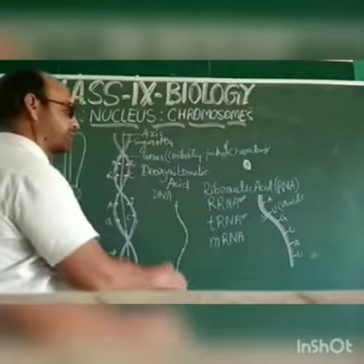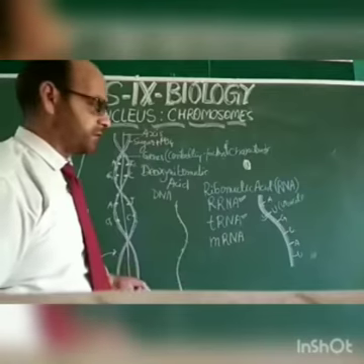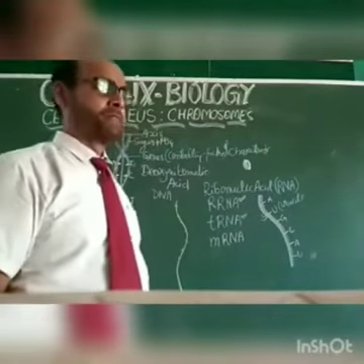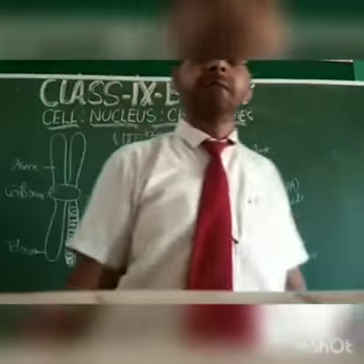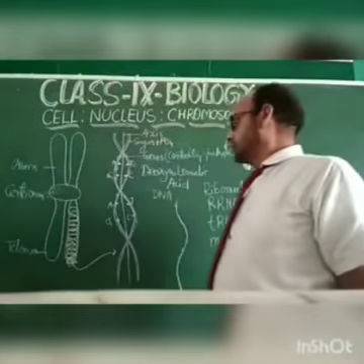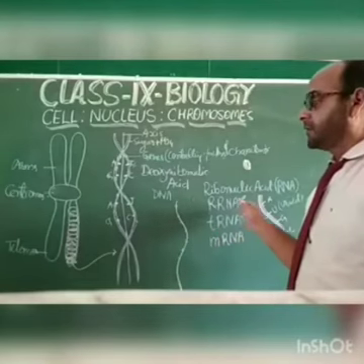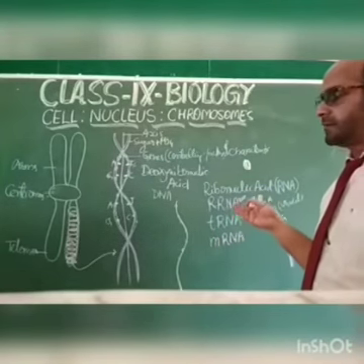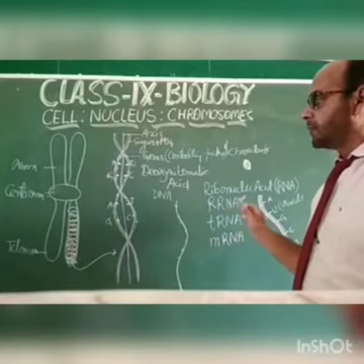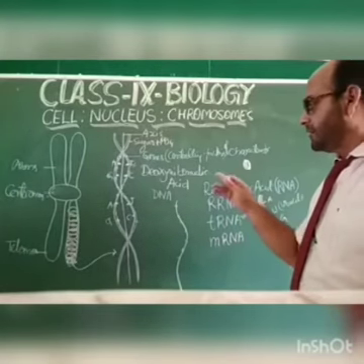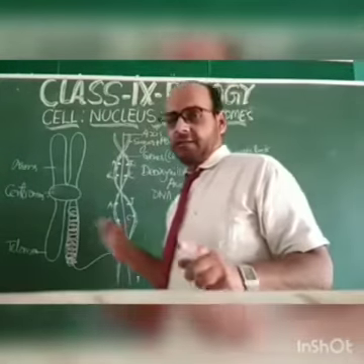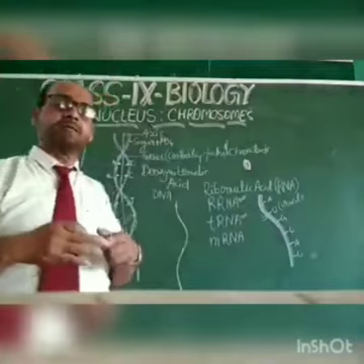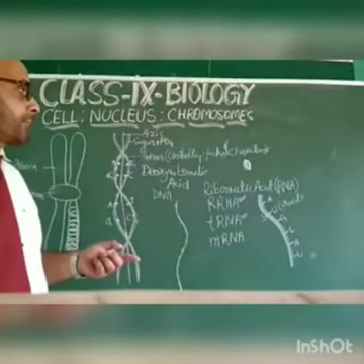So this is a complicated process that you will be able to learn in the higher class when you go into the senior secondary. Then you will be able to learn the replication, transcription, and translation of the DNA. So now you have to know that this DNA and chromosome is a genetic material which controls all the functions of the cell. That is why this is called the brain of the cell.